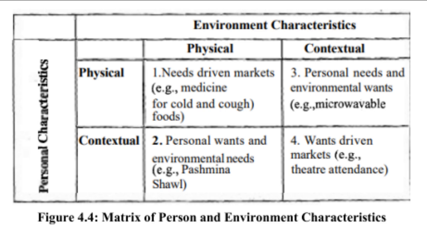Personal needs and environmental wants, e.g. ready-to-eat meals. 4. Wants-driven markets, e.g. designer clothing. Need for arousal, cognition and attribution. Arousal seeking: an optimal level of stimulation, not bored, not overwhelmed. Level of adaptation: the level perceived as normal. Arousal seeking motive: stimulation at an optimum level.